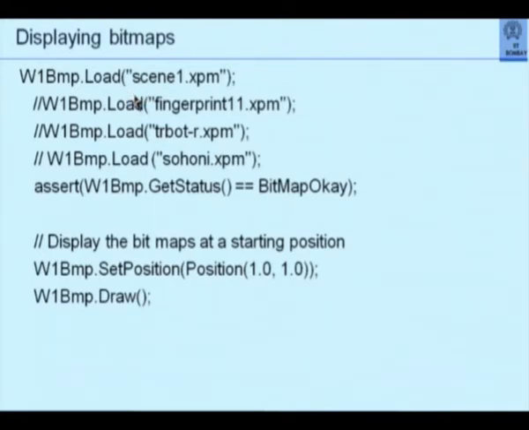You remember I had shown you a fingerprint image. A fingerprint image in EZ Windows can be displayed like that. I have a robo picture. Sony is the name of my esteemed colleague. He is a professor. He was like you, one of my students in CS 101 course. He is the first one to introduce EZ Windows in CS 101 when he taught it. Most of the programs that I am demonstrating were originally written by him. I have merely modified them. It is only appropriate that we see his photograph in the demonstrations.